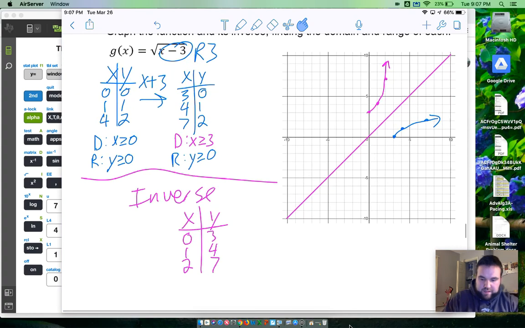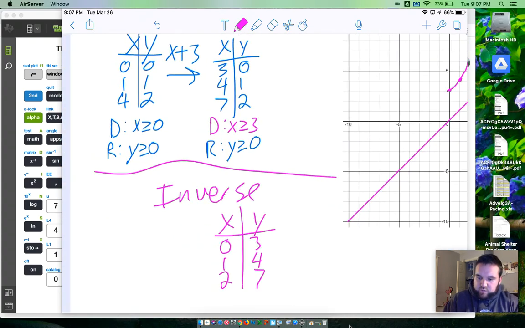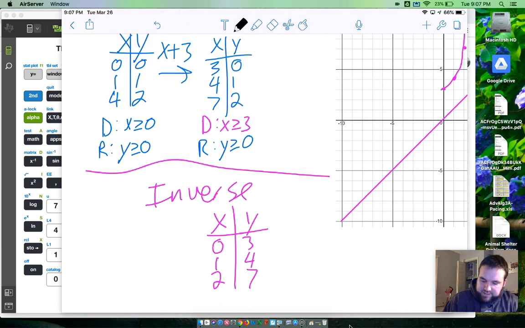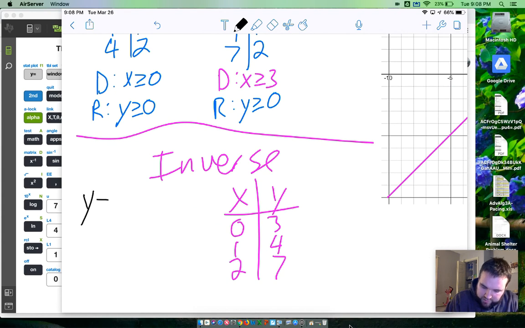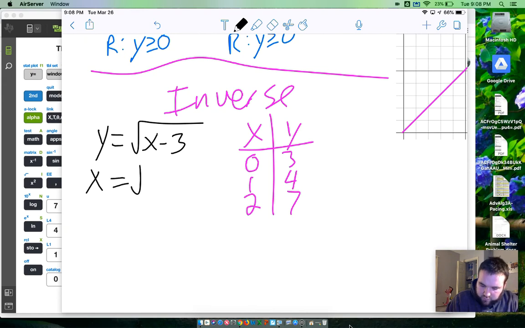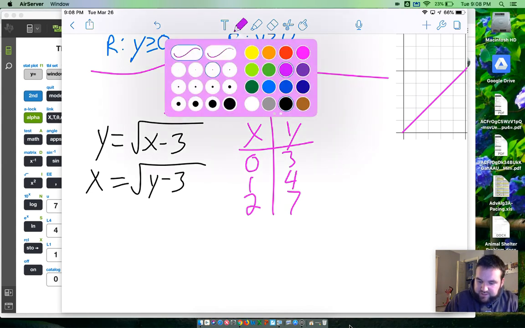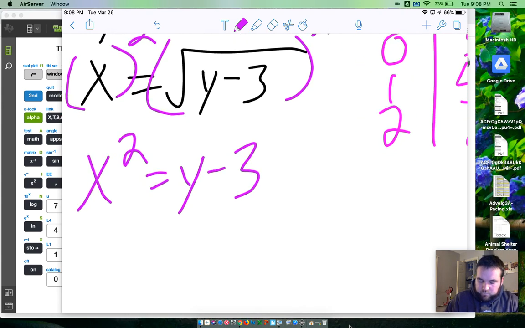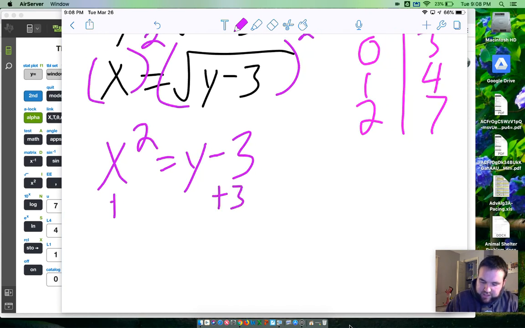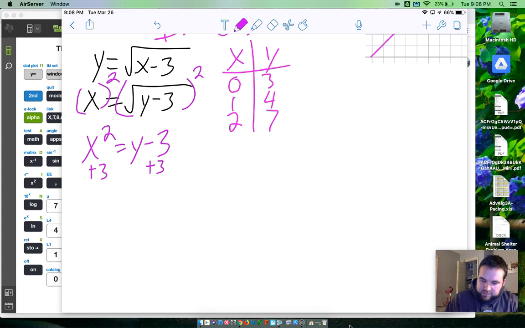Awesome. The last thing we've got to do is define what the equation of that inverse is. I say last thing, we still haven't done domain and range, but that'll go pretty quick. So this was y equals the square root of x minus 3. Again, swap x and y: x equals the square root of y minus 3. I'm going to square both sides to get rid of the square root. That's my first order of business. x squared equals y minus 3. Then I'm going to add 3 to both sides, and I get x squared plus 3 equals y,